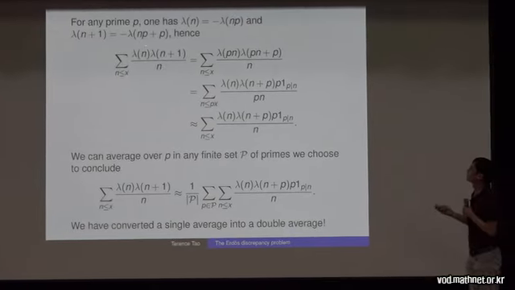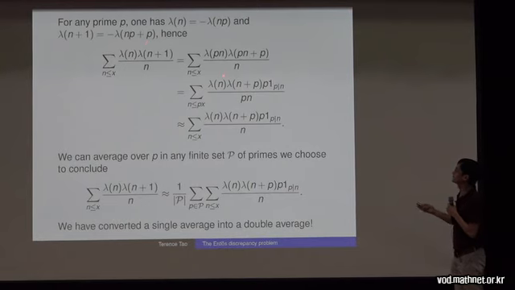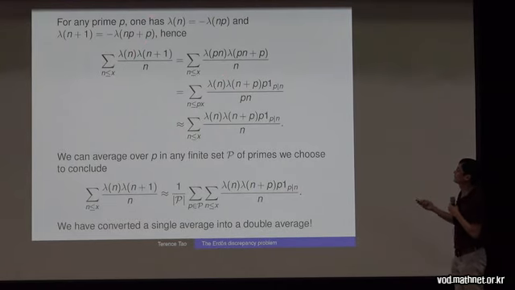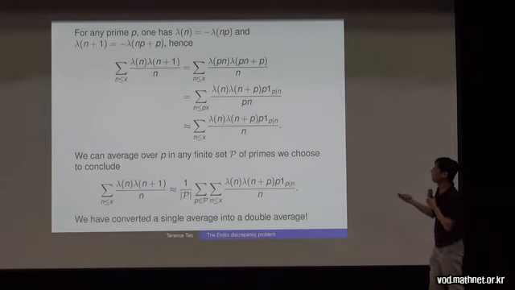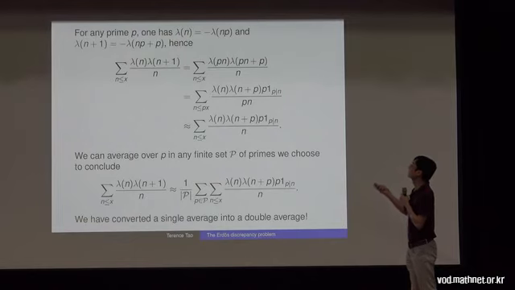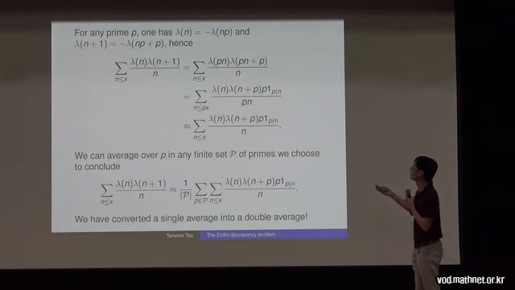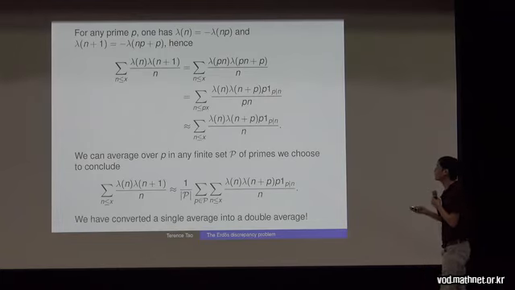is that you can dilate. Okay, so lambda of n is negative lambda of np. Let's say we're studying this sum, lambda of n plus 1 over n. So you can dilate this by p, dilate this by p, and you get this, and then you can do a change of variables. You change n to p times n, and what you find is that you can transform this sum,